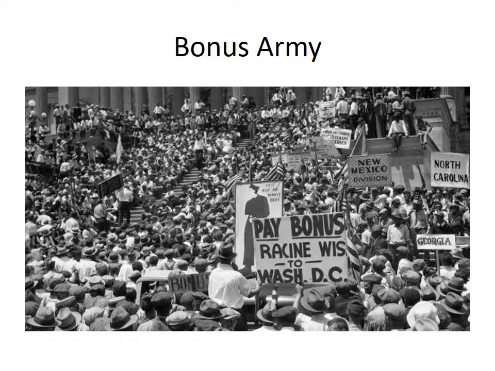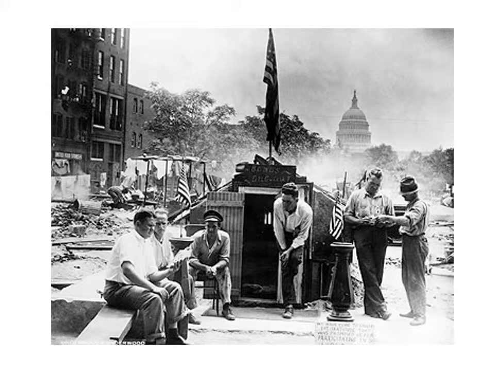So some people went home, but then others just stayed. They had nowhere to go. They had no jobs. Their houses had been foreclosed on, so they just stayed. And Hoover's going to see these people who are setting up camp and living across the pond in front of Washington as a national security threat. So he's going to send in policemen, and he's going to send in General Douglas MacArthur with cavalry and tanks to remove them.